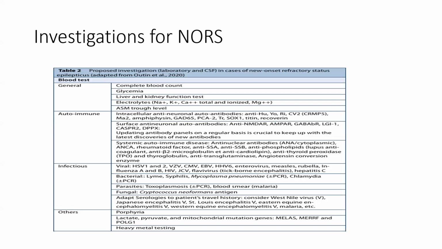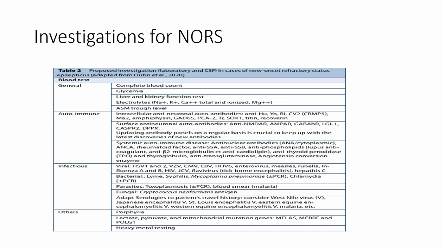Now, investigation for new onset refractory status epilepticus. General investigations are complete blood count, glycemia, liver and kidney function test, electrolyte, and anti-seizure medication trough. Then if you are suspecting autoimmune etiology, then intracellular antineural autoantibodies, then surface antineural autoantibodies, then systemic autoantibodies should be sent. If you're suspecting infectious cause, then we need to send viral panel, bacterial panel, parasites, fungal, and adapt serologies to patient's travel history. So viral include HSV1, HSV2, VZV, CMV, EBV,